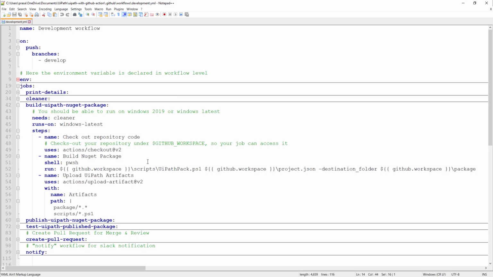So this job I am running on a Windows runner, on windows-latest, and in previous jobs like print details and cleaner, we used Ubuntu. This is just to demonstrate how you can use different runners for different jobs, right?